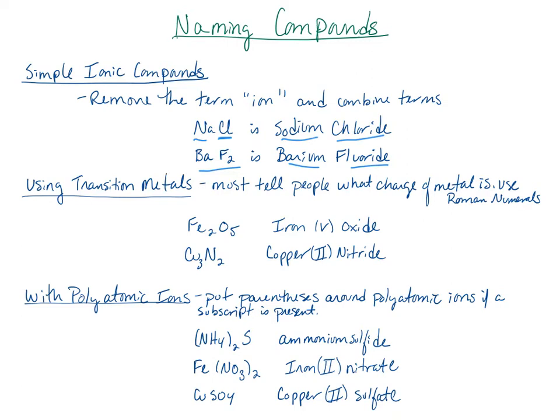Now, when you have something that's a transition metal, remember how I said that it could have multiple different charges? Well, if you're trying to tell somebody everything just by the name, you have to tell people what the charge is in the name, which means that we got to use what we just did in making formulas and figure out how in the world do we figure out what the charge is. Well, remember how I said